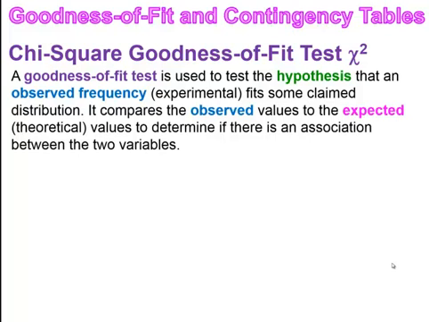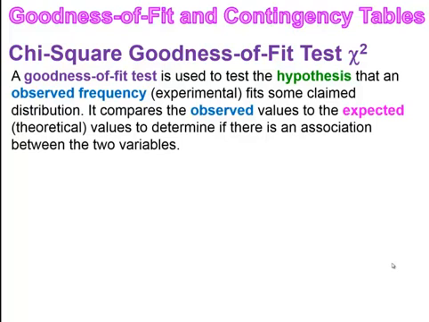So when we're talking about observed frequency, an experimental one, that would be like flipping a coin 10 times. When you flip a coin 10 times, you're observing what you get. So you might not necessarily get a 50-50 chance of heads or tails when you do the experiment. But the theoretical value, we would expect to be 50-50. The difference is that the observed is you doing an experiment, and the theoretical is a probability of what we would expect